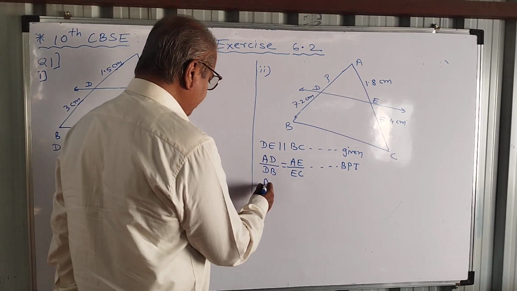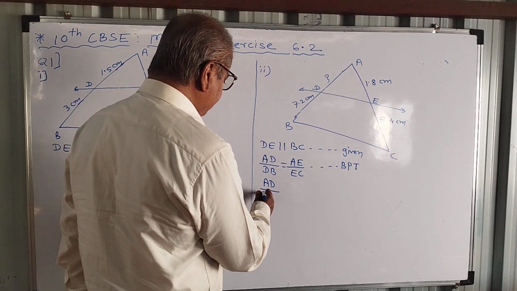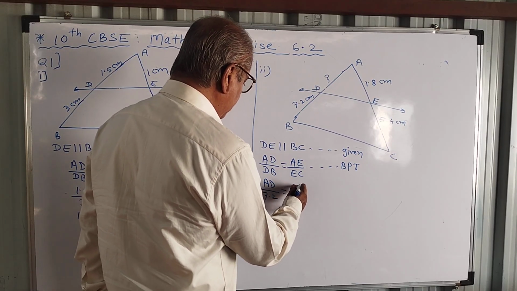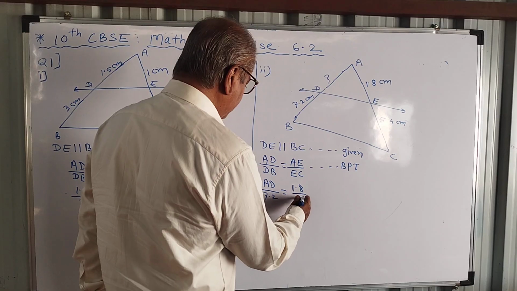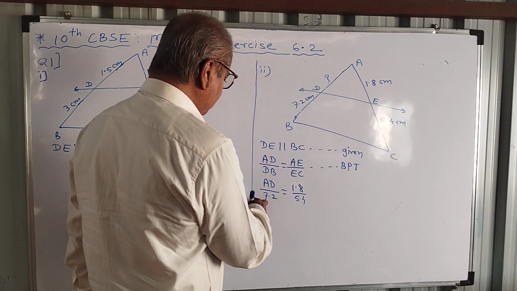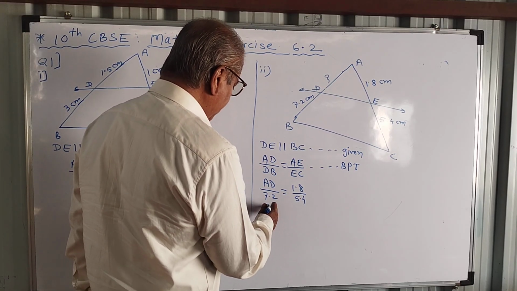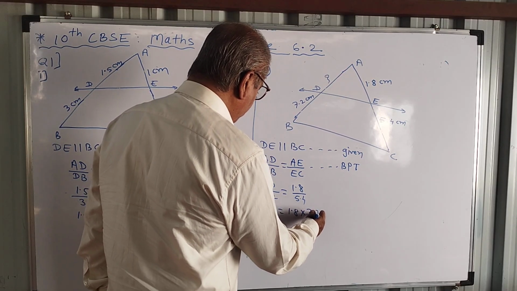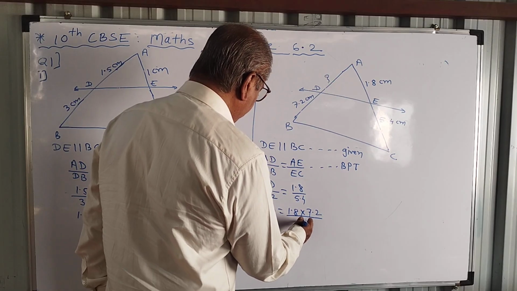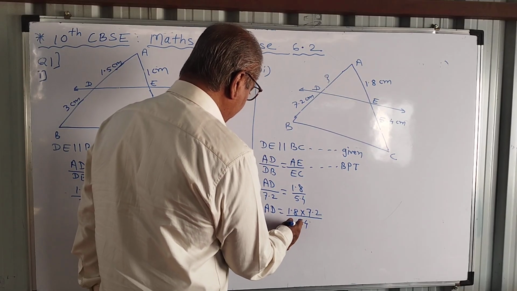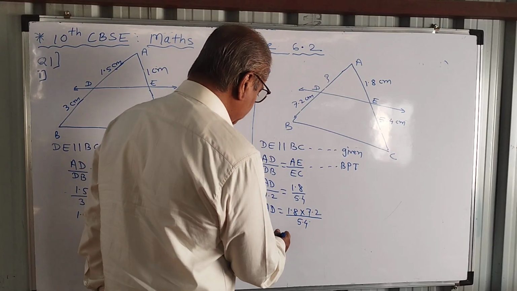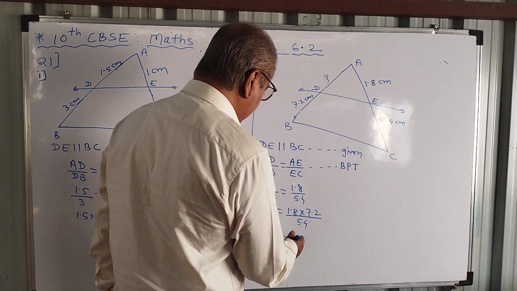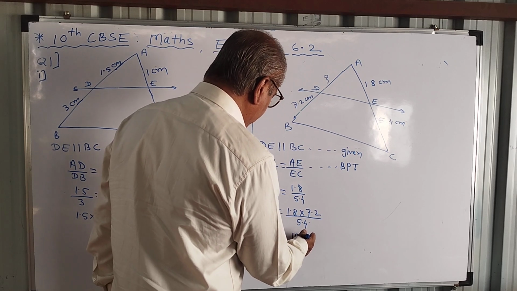So AD आपल्याला फाइंड आउट करायचं आहे. AD upon DB is 7.2 is equals to 1.8 upon 5.4. So 7.2 तिकडे पाठवूया, इंटू होणार. AD is equals to 1.8 into 7.2 upon 5.4. So डिनॉमिनेटरचा पॉईंट काढून टाकूया. सो इट विल बी एकतर 7.2 किंवा 1.8 मधलं काढूया. सो 18 लिहूया, 7.2 ॲज इट इज,